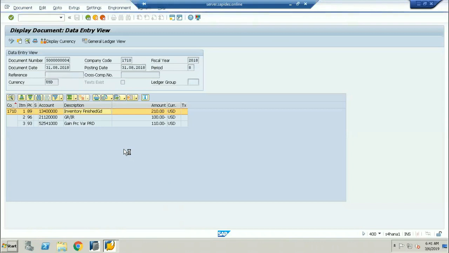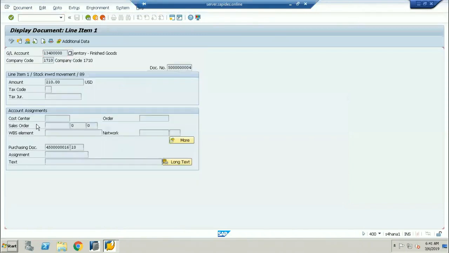One second, it will take me to the line item level. So this is the line item, and here you can see the purchase order number is getting updated in the material document line item.